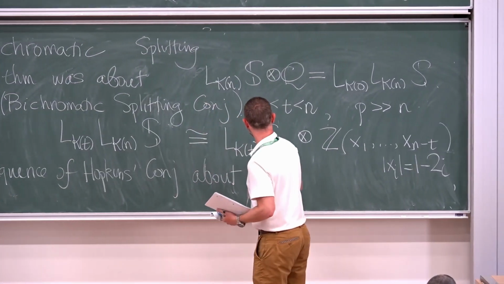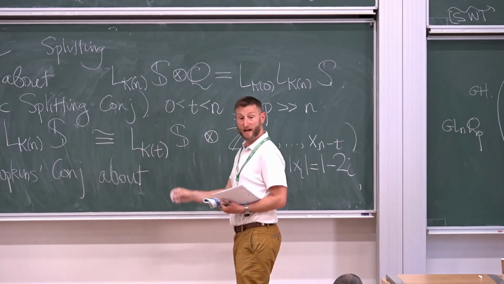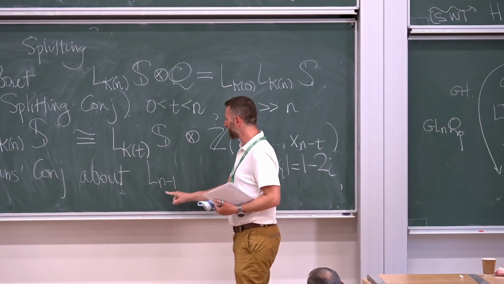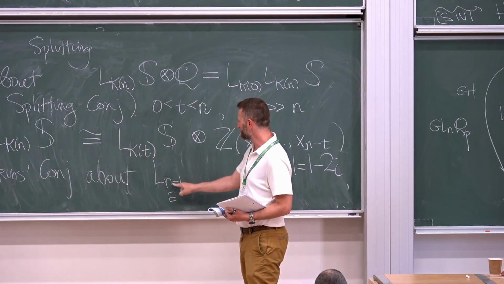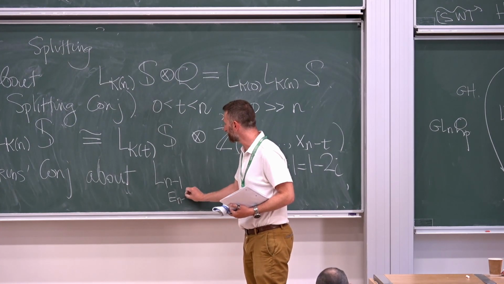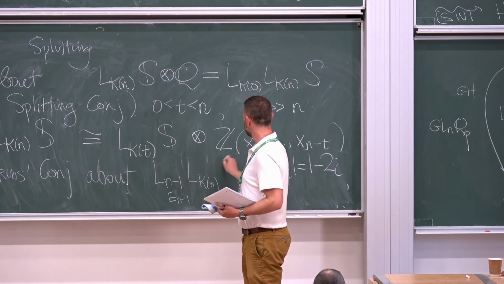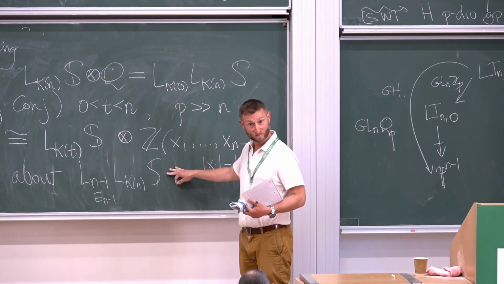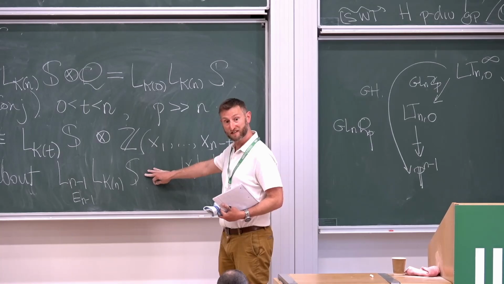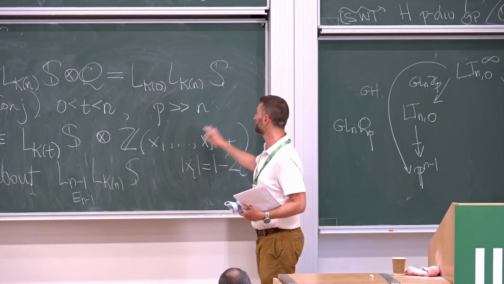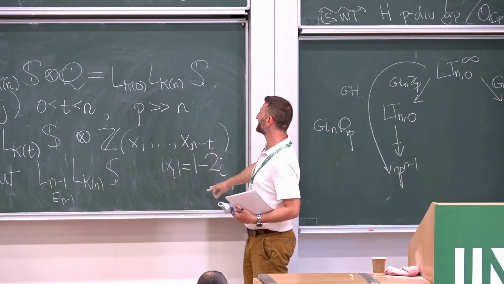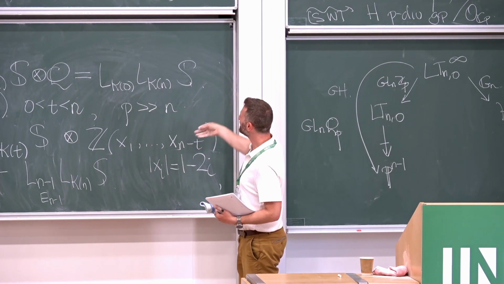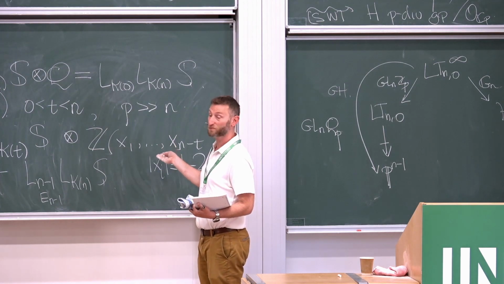And that conjecture concerned not this kind of double Morava K3 localization, but rather the localization at, basically, En. So when I write Ln minus 1, that means localization at Morava E theory of the Km local sphere. So Hopkins proposed the way that this should split. And if you take Hopkins's formula for how this should split and K(t) localize both sides, you would get this. So what we're investigating is a consequence of this sort of splitting conjecture. So I want to understand what p-adic geometry might have to say about this situation.